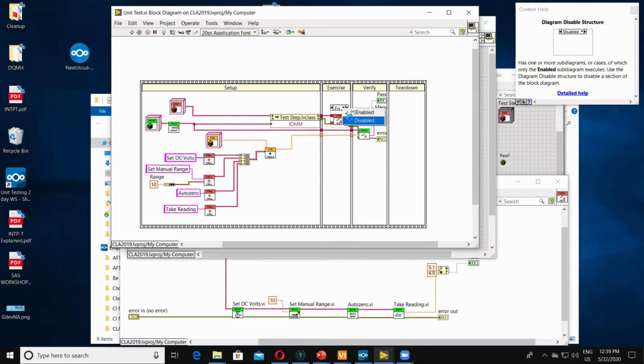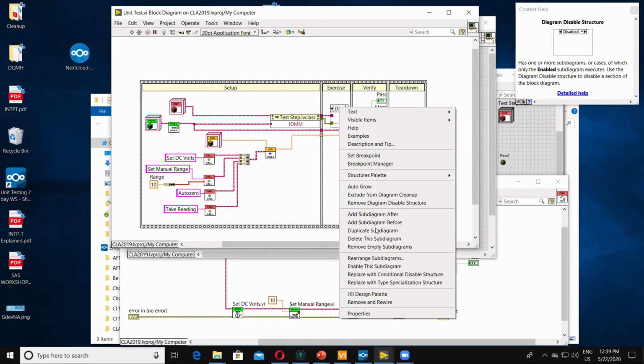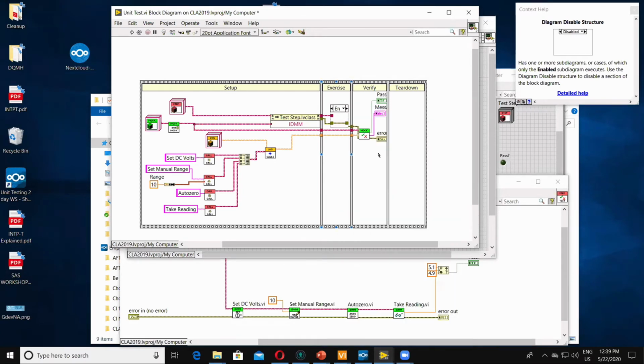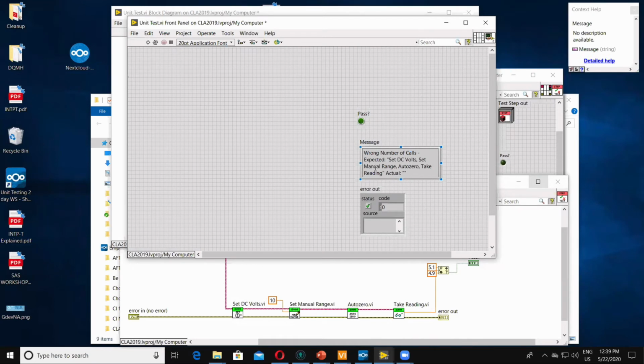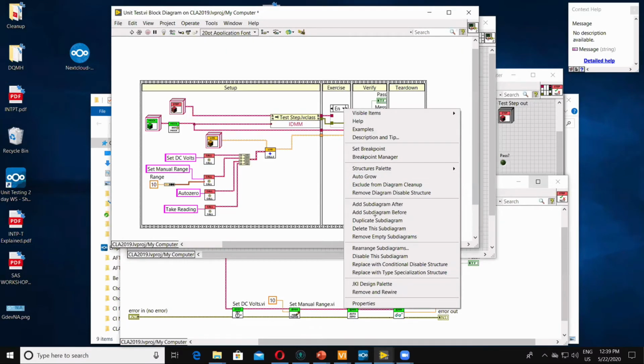If I get rid of one of these calls, well, actually, let me just enable the other frame here, so now I'm not making any of the calls, and I hit run. My test failed, and it said wrong number of calls. I expected these calls, and I got back these calls. Let's enable this again.